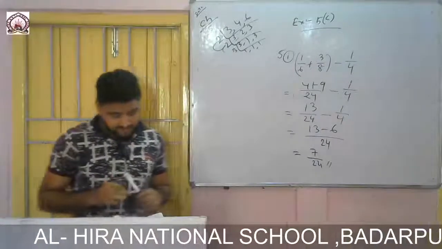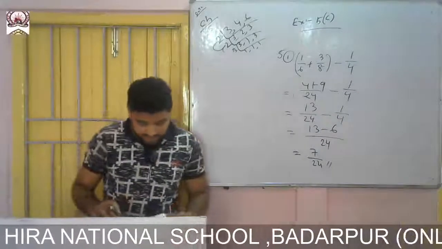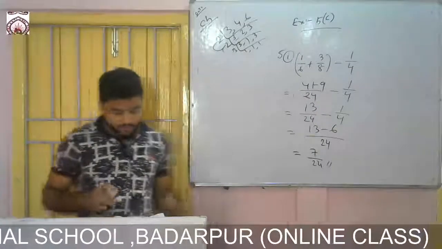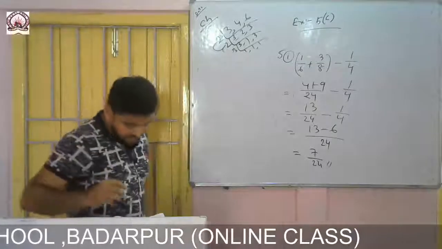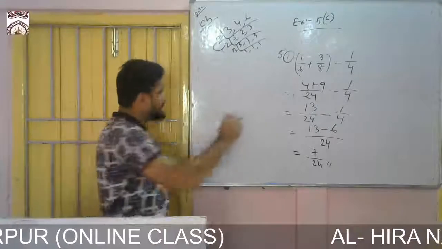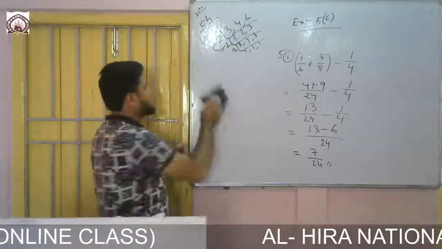Now come to question number 6. So question number 6, you see Roman 2 I am solving. Okay. And Roman 2 and 3 I shall solve. 1 and 4 you solve. Okay, same thing, the process is the same.